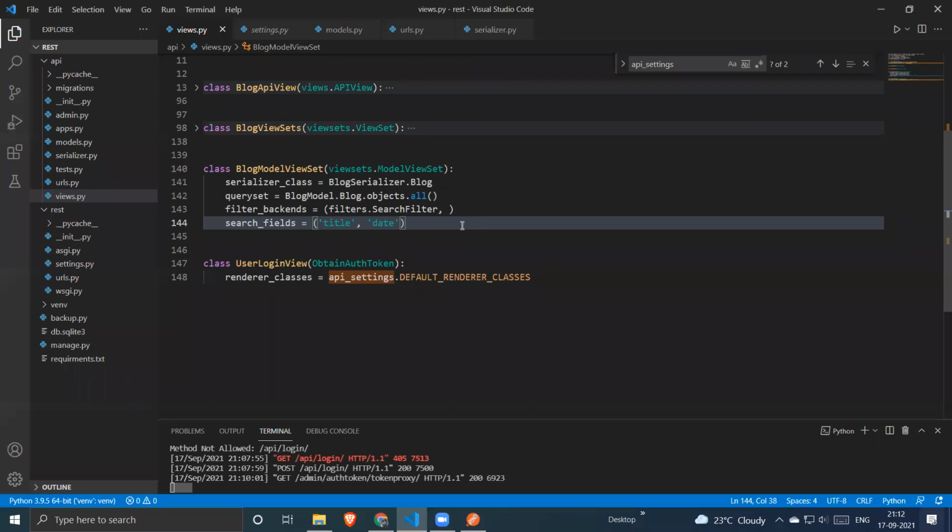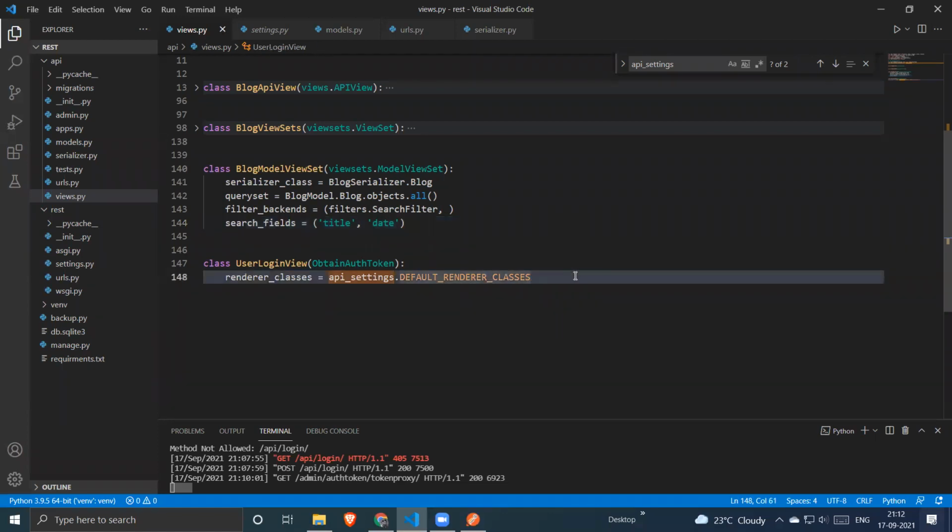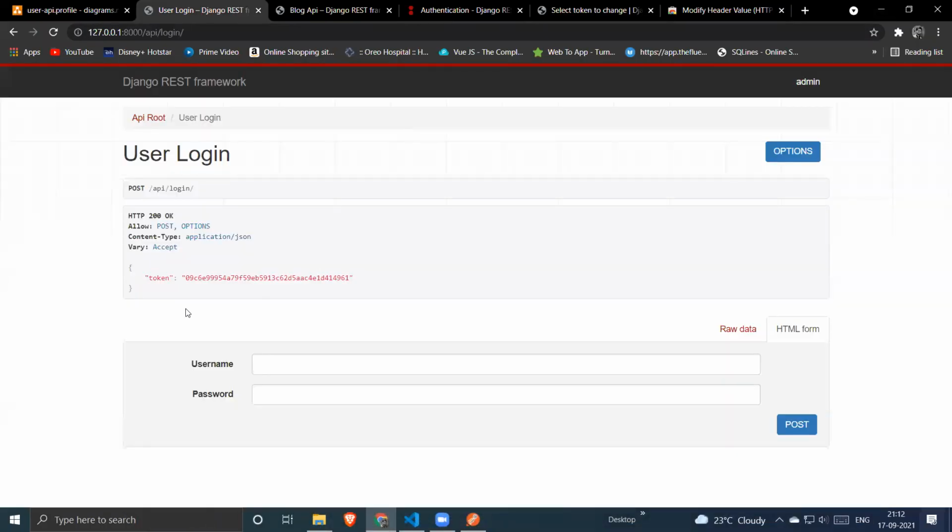Any question, guys? Any doubt, any issue, any queries? Sir, after sign up, does the server not create a token, only after login? After sign up, it won't create any token. Tokens are only created when you make a login request from your API. Usually this is the correct flow.